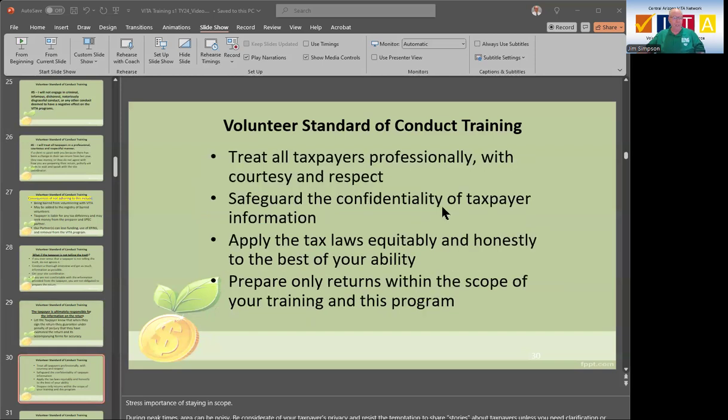We're going to treat everybody professionally with courtesy and respect. We're going to safeguard the confidentiality. We're going to apply the tax laws accurately and honestly to the best of our ability. And we're only going to prepare returns that are within the scope of our program. Sometimes a preparer gets all the way done with the return and then the taxpayer says, oh yeah, I forgot to tell you,